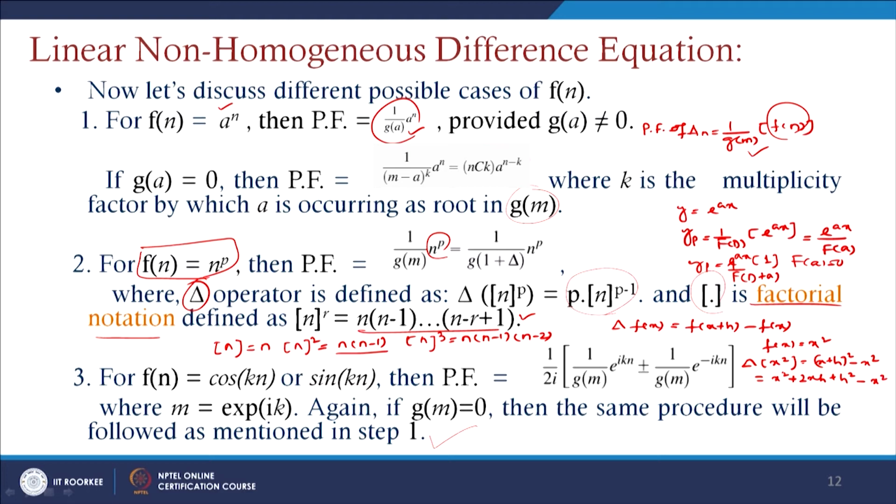And if you see here, x square cancels out, and we can write it in the form of 2xh plus h square. Next, if we apply this del operator again, del square of x square will give you del of 2xh plus del of h square. Since h is a constant, h square minus h square will give you 0 value.